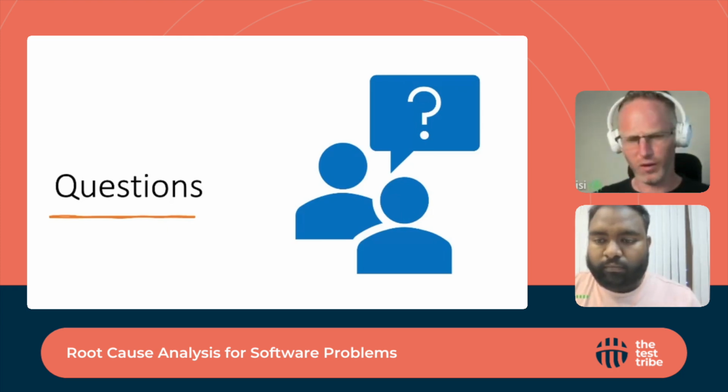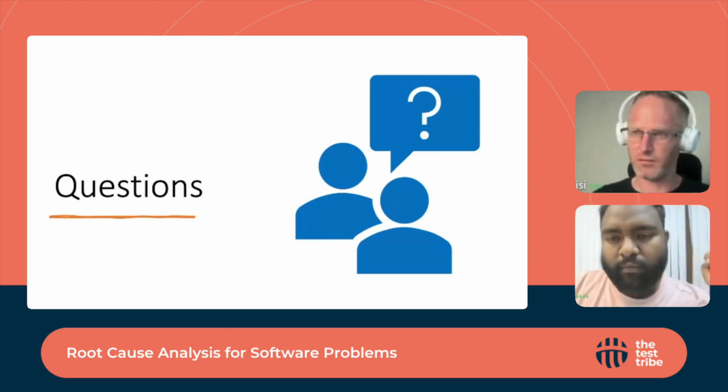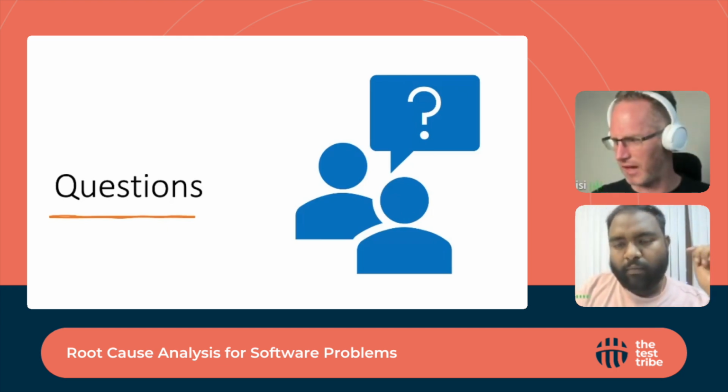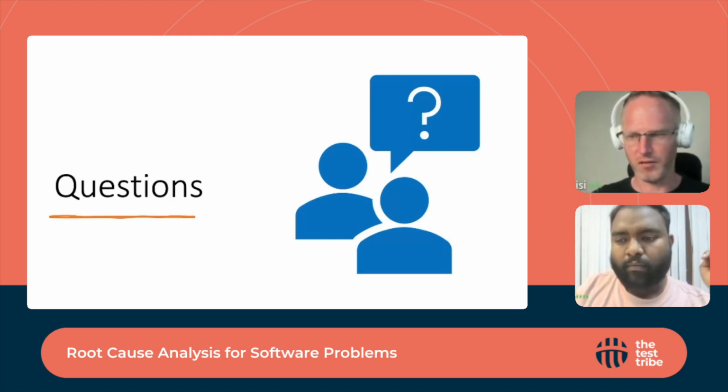Most defect tracking tools are actually not too bad at this. I mean, Jira, believe it or not, I know not everyone's a fan of Jira, but it can build dashboards quite quickly, and you can filter them if you understand Jira well enough. But otherwise, I have found a lot of success with Grafana. So just